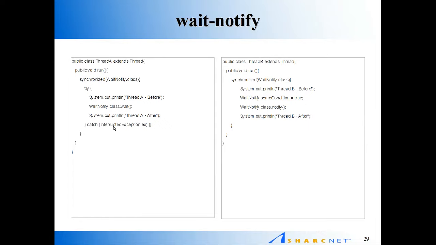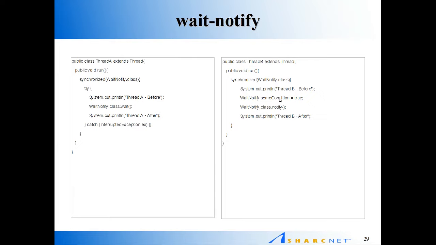Now note that we catch an interrupted exception here. That's because while waiting, the thread can be interrupted and woken up, at which point the interrupted exception will be thrown. Now, when I originally made this, I actually put a bug into it, completely by accident, but I decided to keep it because it's actually a very common bug that everyone's going to make till the end of time. And that is, if thread B happens to lock first, it will hang, because thread B will